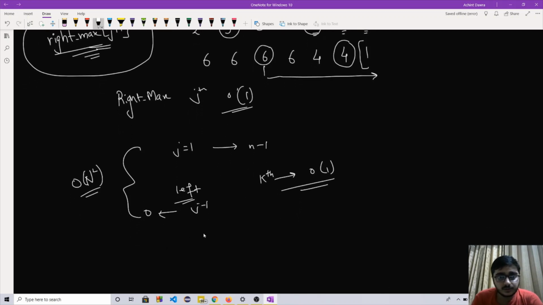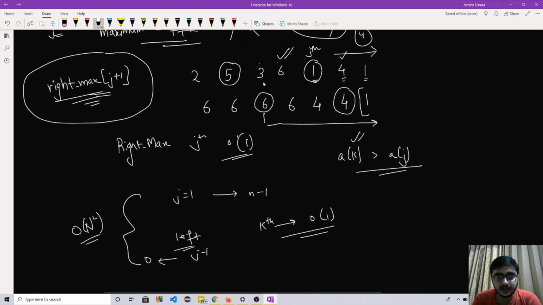Okay, so after seeing this right maximum suffix array, you would be thinking that we can build a left maximum prefix array, but that would not work, since for the right part the condition was that a of k should be greater than a of j, right? So we just found the maximum element and then we can check the if condition, right? But in the left part, let's say if we were considering 3 here, right? So the left prefix array would give us that the maximum is 5, but 5 would not be less than 3, right? So we need to get the answer as 2 here, right?